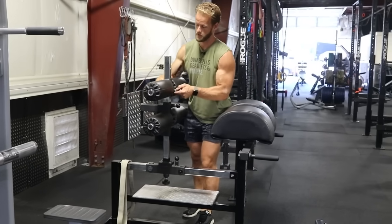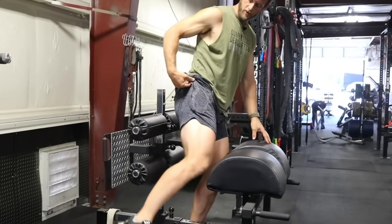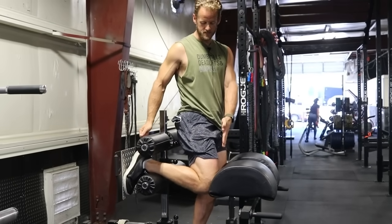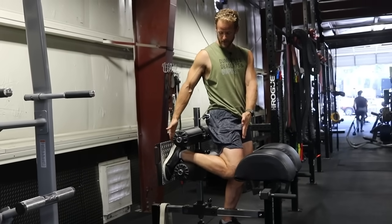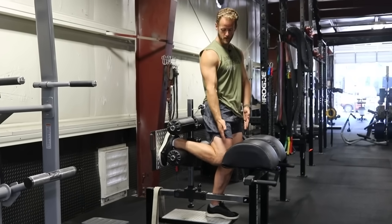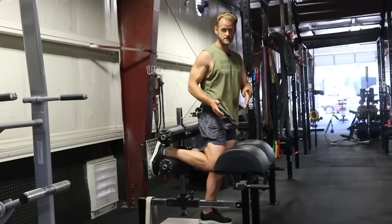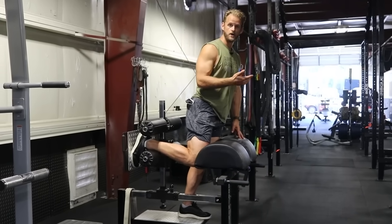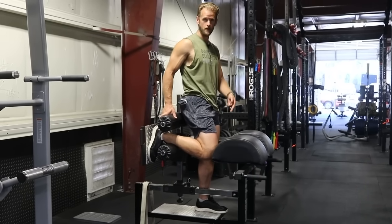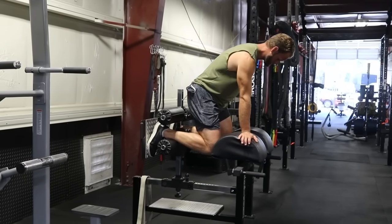Now what I'm gonna do, climb up here, I'm gonna place my foot against the plate, and then I want this distance from the pad to the plate to be about my lower leg length. So my feet touching this to my knees here on the pad. If I'm too close to this pad, it's gonna be much harder. If I'm too far away, my knee's not gonna have any support and it's just gonna wanna slide down. So from here, I'll go up,